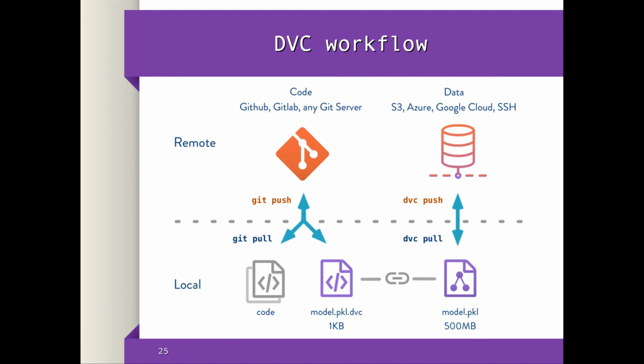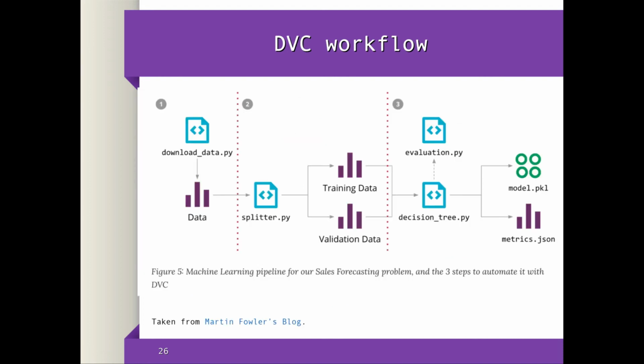It's not always like this, but in this example, we can think it's a pretty common example of a machine learning workflow. You're going to have some script to download your data, and then you're going to have the data there. You're going to have the splitter file, which is going to split your data set into training data and validation data. And then you're going to have another script, which is going to run some algorithm. And here it's decision tree, but it could be any algorithm. This algorithm is going to generate a model,